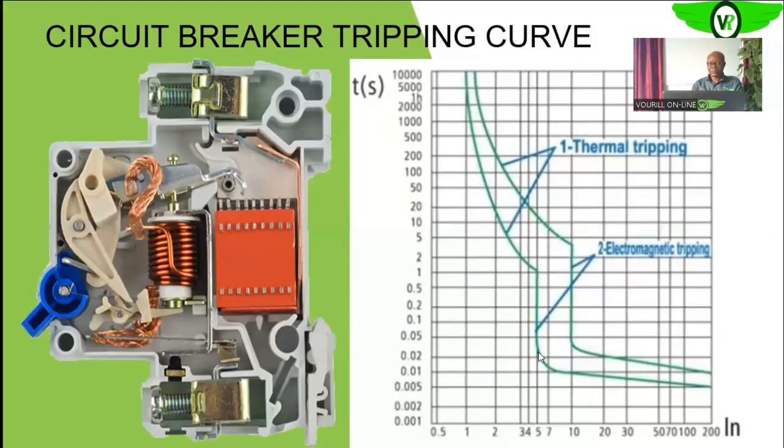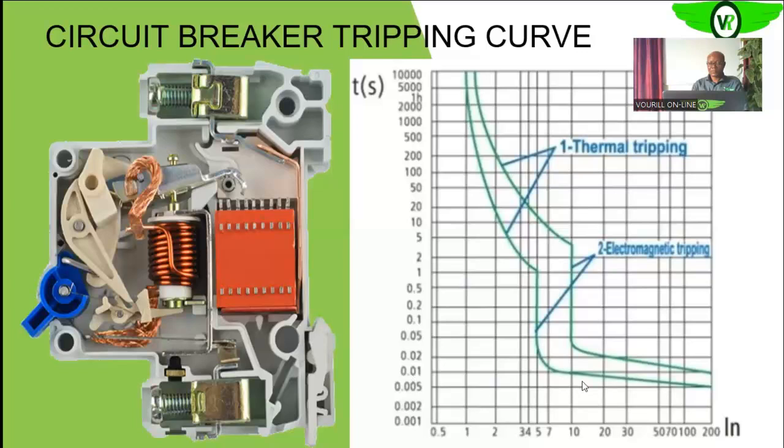So if it is 5 times the rated current rating, you will see that the circuit breaker will take about, say, 0.03 seconds to about a little above 1 second to trip. So there will be a short time delay when it is exactly 5 times the rated current of the circuit breaker. But if it is above 5 times, say 10 times, you see that it will trip almost instantaneously at